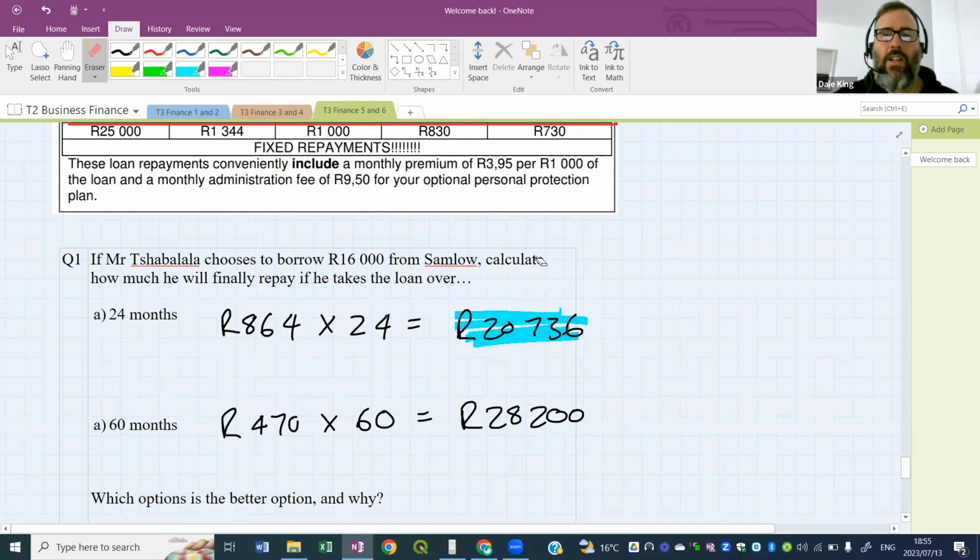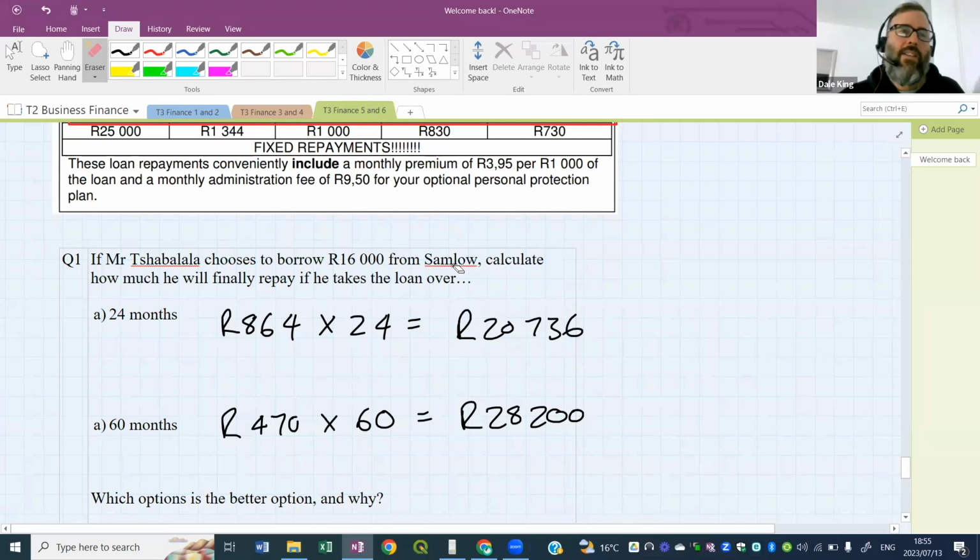Okay, all right. Now, I know there's people out there like Tando. He's going to argue and he's going to say, sir, some people can't afford to pay 864. That's a lot of money for some people. Maybe it's better they just pay the 470 because that's all they can afford. Would you agree with that? Yeah, I would agree, but if we look at the final answer,